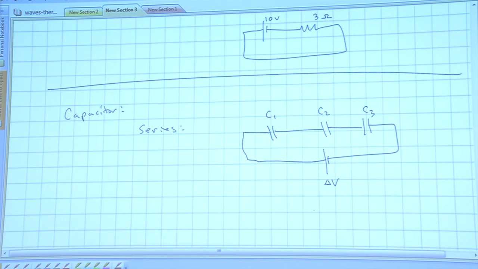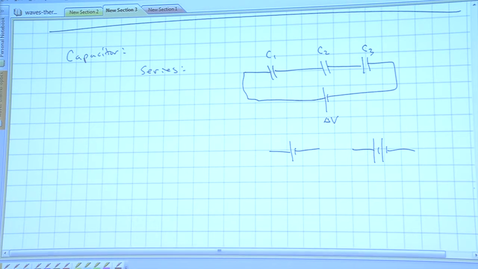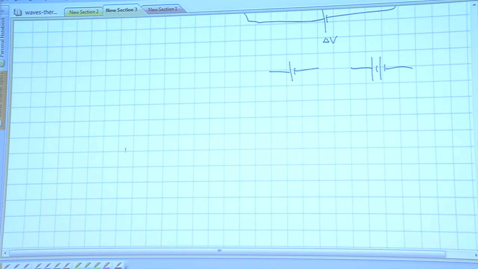Some books draw the battery, instead of with two lines like that, like a double line like that, so it doesn't get confused as easily with the capacitor. Those are both ways of drawing batteries. All right, so if we have a series configuration of capacitors or a parallel configuration,